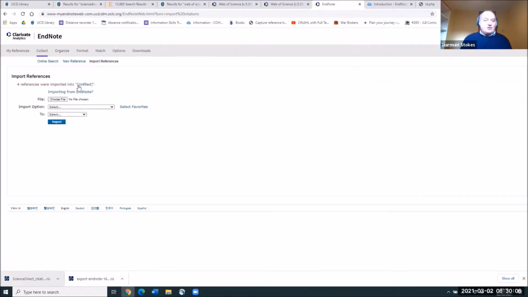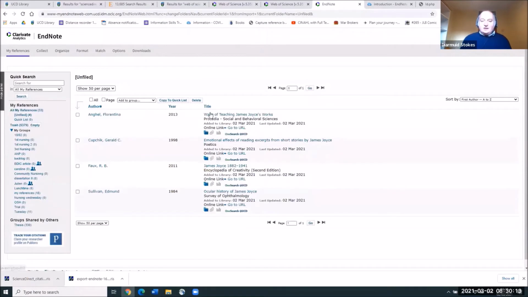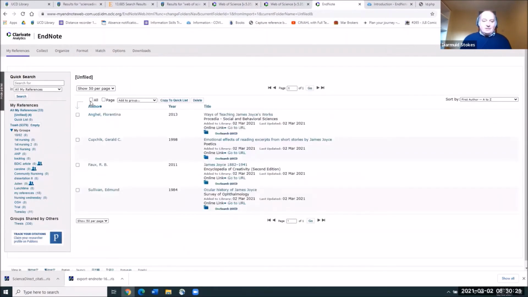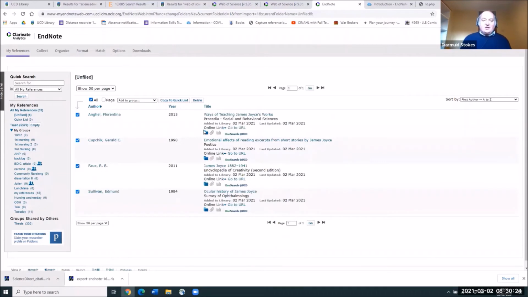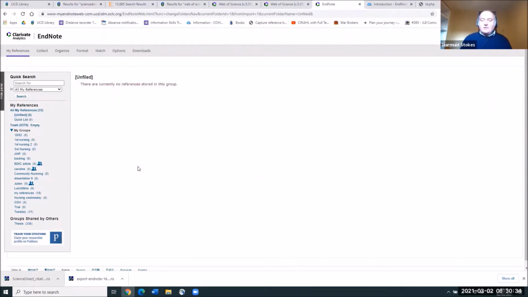4 references were imported into unfiled, and I can just view unfiled by clicking on it. Once again, there's the references. Click on the link to check that everything is okay. And if you're happy, once again, you've checked everything, you need to get it out of your unfiled folder and add it to whatever group you want to add it to. So that's the basics of getting your references out of a database or adding it manually to your Endnote Online